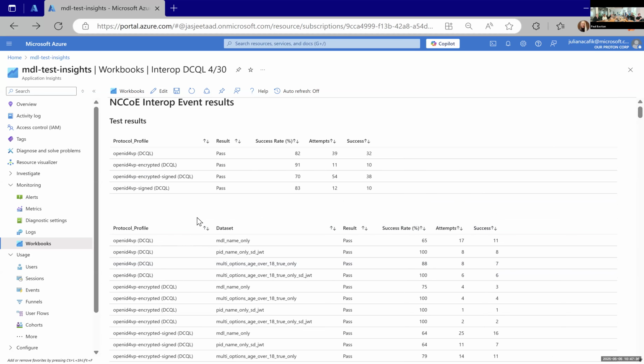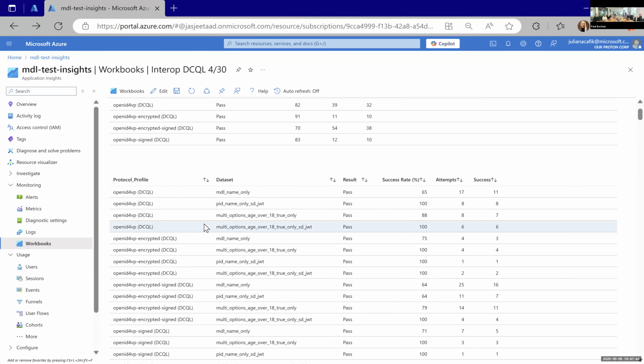The difference between what Gail presents as success or fail and what we're presenting is, I'll give you an example. In this particular event, if a wallet presented and had an error of some sort in its presentment, we will record it as an attempt and a success or a fail. If it failed, the wallet during the interop event, on April 30th, was given the opportunity to resolve their challenge and represent the transaction a subsequent time. And if they achieved a pass rate, we record that, but we don't overwrite the initial failure.